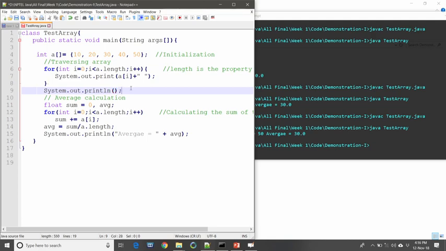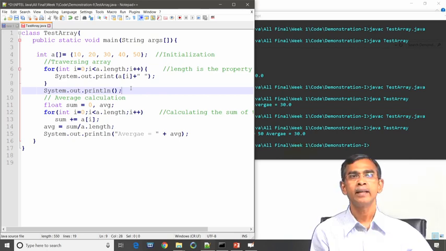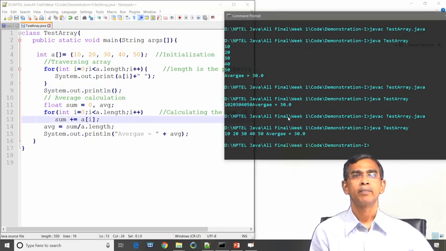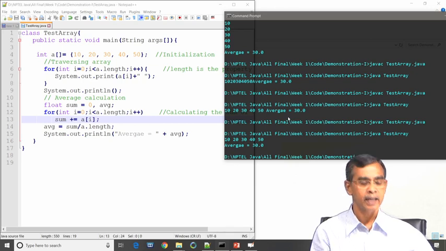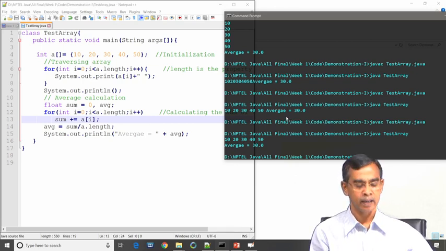So, in the first for loop it will print all the numbers in one row, then at the end of the for loop it will go to the next line, and then in the next for loop it will calculate the sum and print on the next line. Now you see the display is more comfortably presentable. Now you can understand. This is how you can configure your printing on the display using System.out.println. Regarding System.out, we will learn a lot when we discuss these methods in detail.